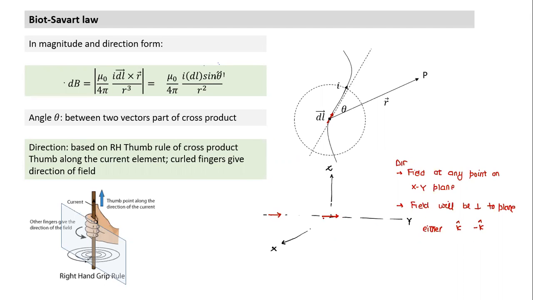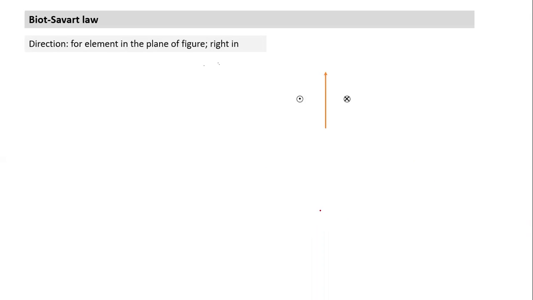This is a simple point we need to understand well. If you look at the xy plane and face the direction of current, there's some part of the xy plane on the right-hand side and a part on the left-hand side. Anywhere on the right-hand side, the direction of field will be into the plane, and anywhere on the left-hand side, out of the plane. So everywhere on the right-hand side one direction, everywhere on the left-hand side the other. If this is the current element and you face in the direction of current, this is the right-hand side, in, and the left-hand side, out.